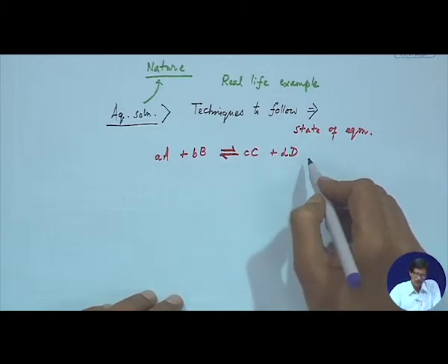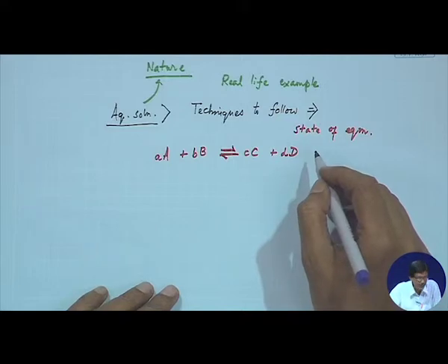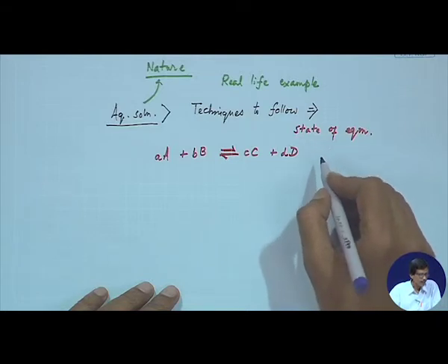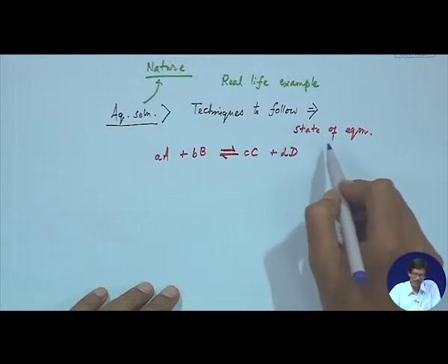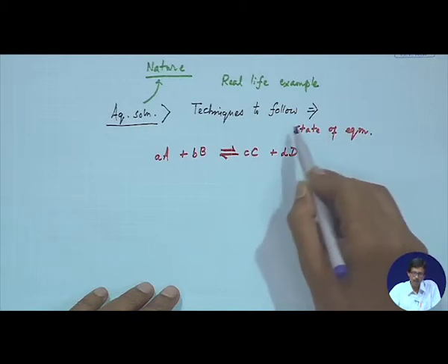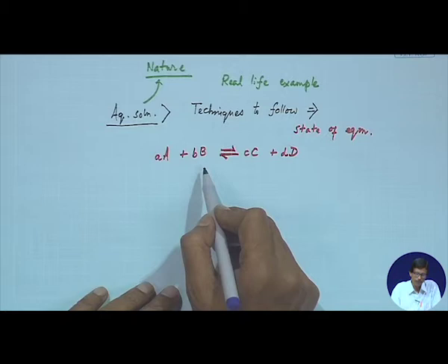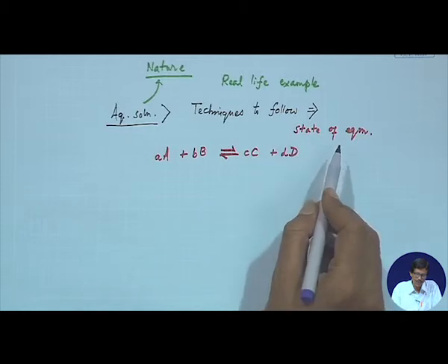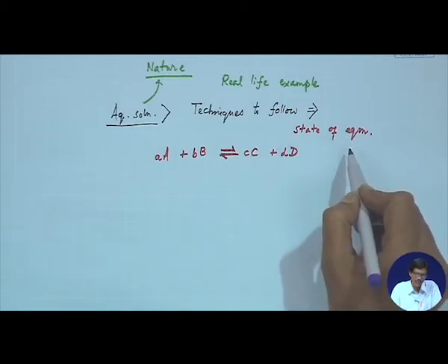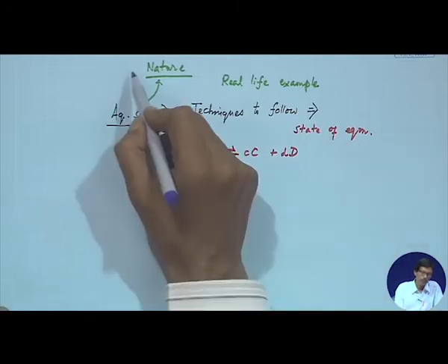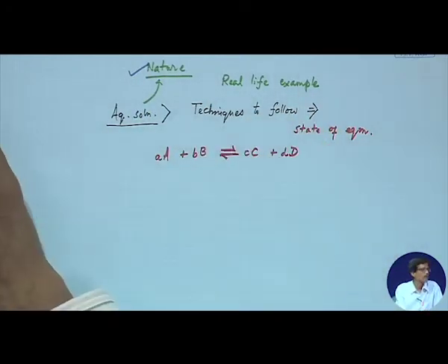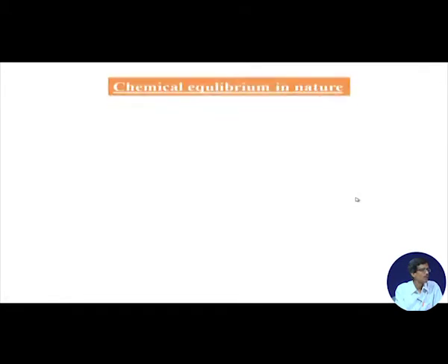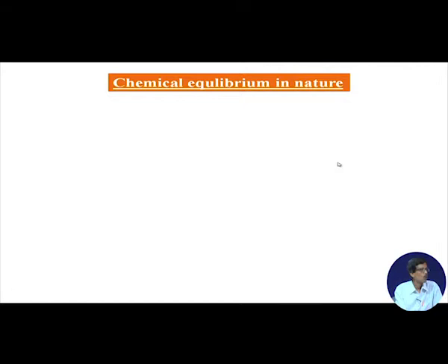So, why are we studying this particular type of chemical reaction? Most of these techniques basically depend on the corresponding equilibrium process. A chemical reaction between A and B with the formation of C and D has an equilibrium, and this equilibrium process we are able to detect. So, if we think about what nature is doing for us, we will take a very simple example which is given in your book, Skoog's book also, the chemical equilibrium present in nature.